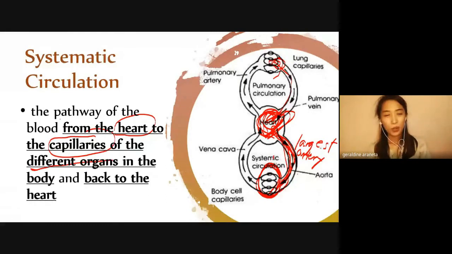Okay. So, yung oxygen na dala-dala ng blood, gagamitin na natin ngayon. Gagamitin na siya ng mga cells. So, after nyan,